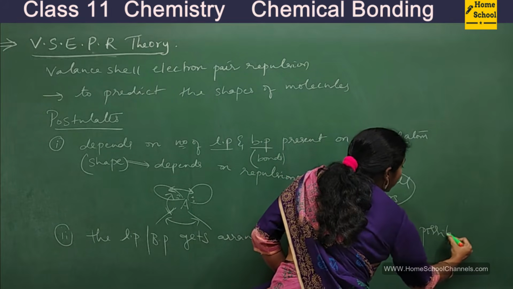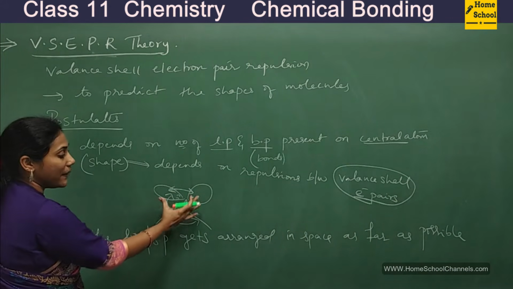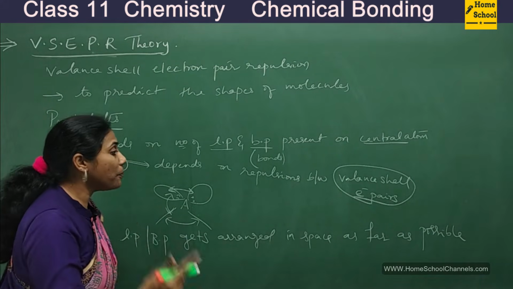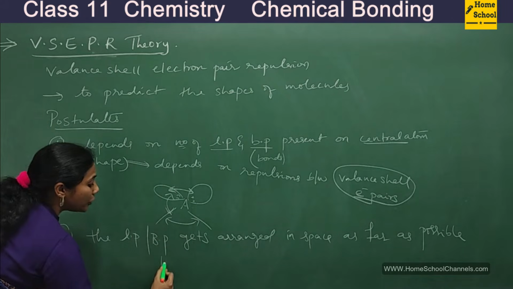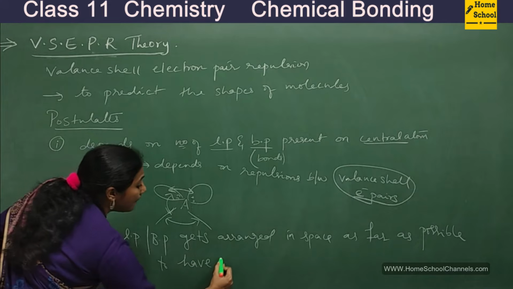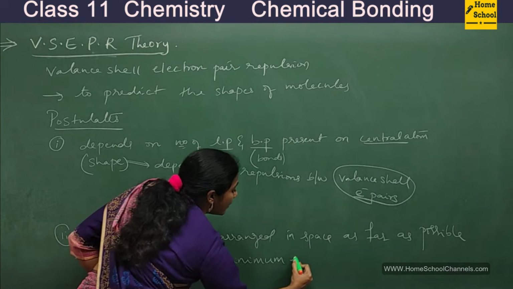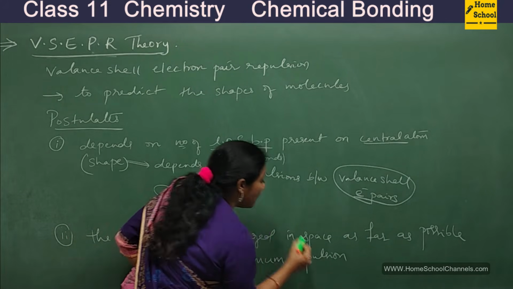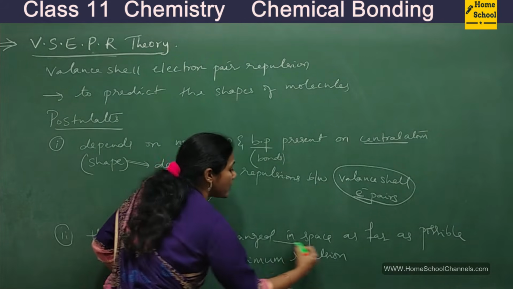So there should be a large distance between these bond pairs of electrons and lone pairs of electrons. Why should there be a large distance between one another? It is to have minimum repulsions. Right? So this way the bond pairs and lone pairs are arranged in some direction in space,